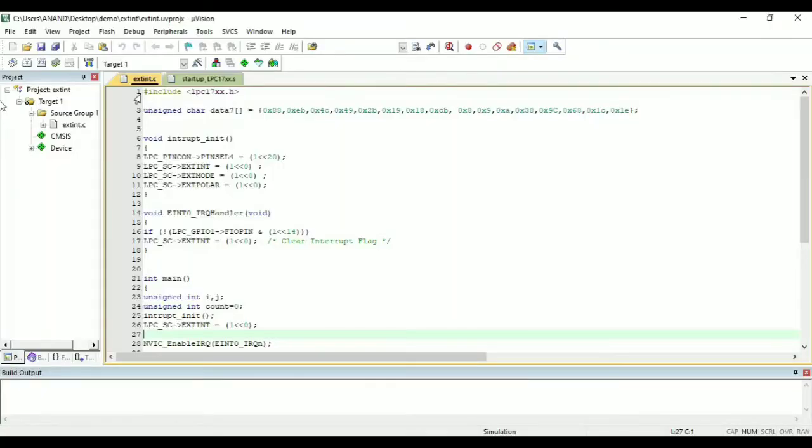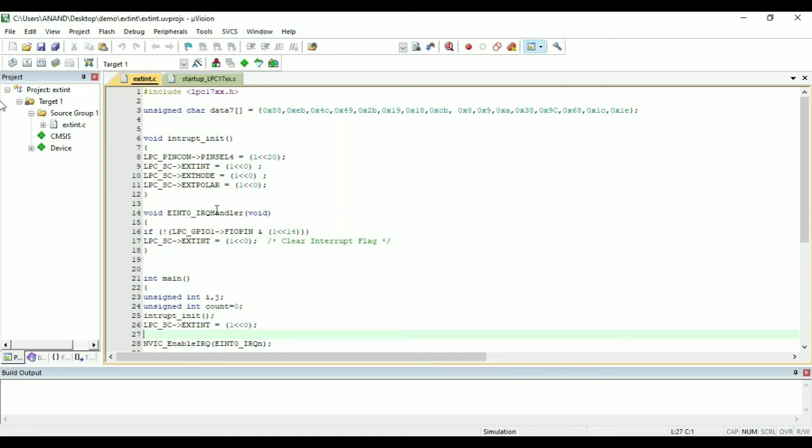Now if we go through the code for this program, first we have system directive #include lpc17xx.h, that is standard library. Then we define unsigned characters. So these characters correspond to 16 counts of the 7 segment display, that is 0 to F. Then we configure external interrupt, specifically external interrupt 0.